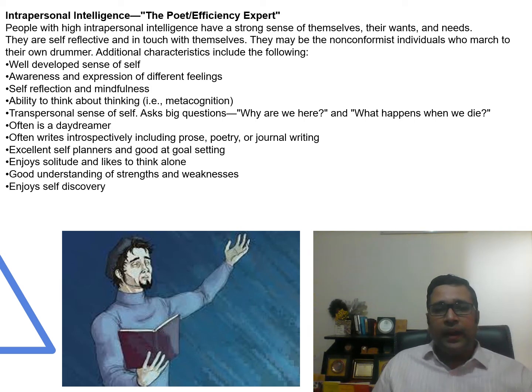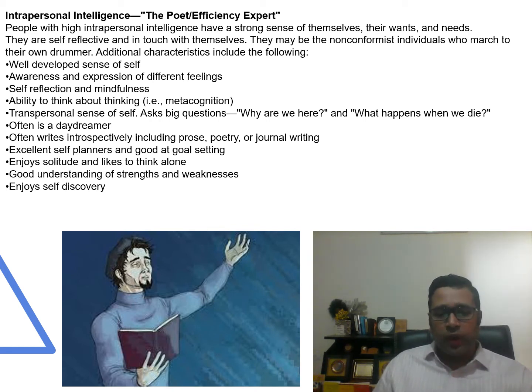what they want. Additional characteristics of these kinds of people include a well-developed sense of self, awareness and expression of different feelings, self-reflection and mindfulness, the ability to think about thinking, that is, a level of metacognition is found in them, a transpersonal sense of self, asking big questions: why are we here, what happens when we die. They are often daydreamers, often write introspectively, including prose, poetry, and journal writing. Excellent self-planners and good at goal setting, they enjoy solitude and like to think alone. Good understanding of strengths and weaknesses,